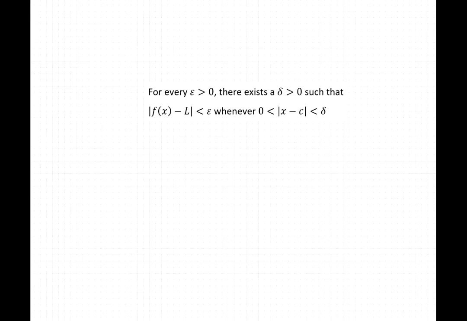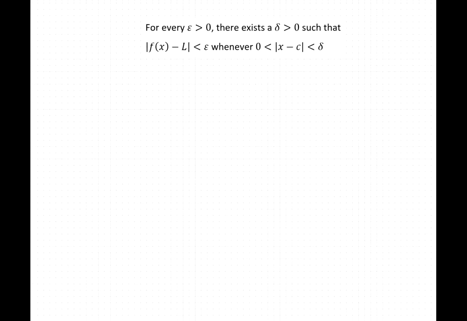I have the definition here. So what the definition says is that for every epsilon greater than 0, so epsilon is just some number, you can pick any one you want. For every epsilon greater than 0, there exists a corresponding delta greater than 0. So the greater than 0 just means they're both positive numbers. All right, so for every positive epsilon, there exists some corresponding positive number, we'll call it delta, such that